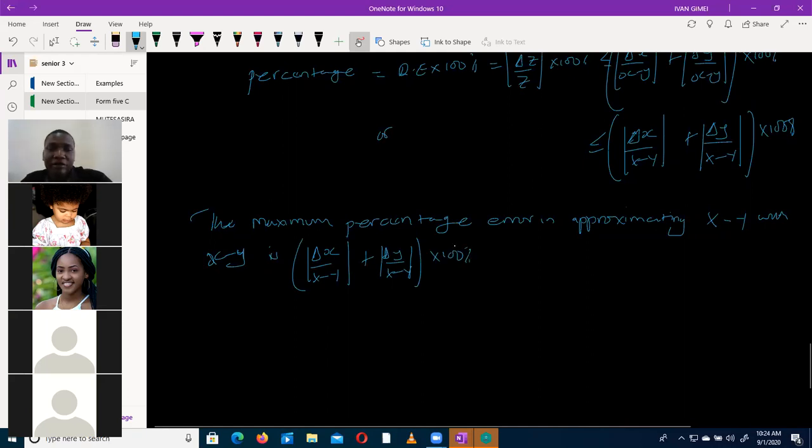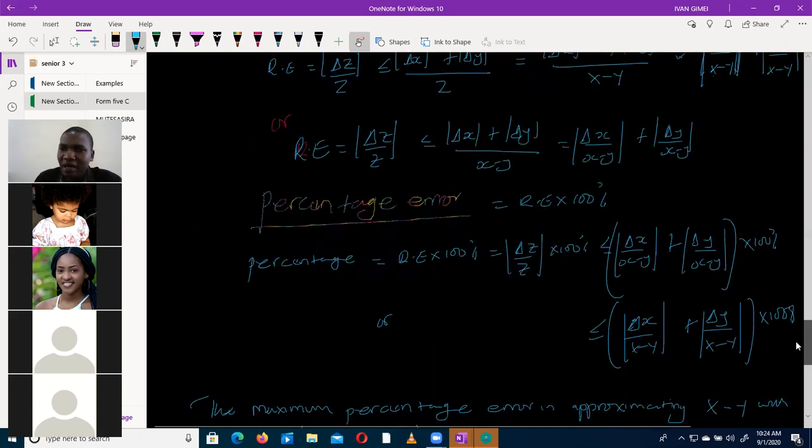They'll ask you to carry out this derivation. They will say, maybe X was measured with some error in it and Y was measured with some error in it. Derive the expression for the percentage error, or show that the percentage error in X minus Y is this. They'll ask you to carry out those derivations for around 6 marks. And after that, they give you some values and ask you to find the percentage error. Now here,